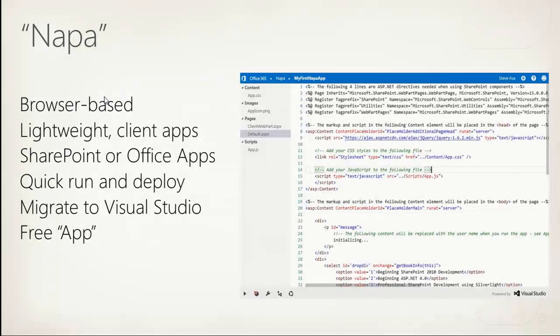Now the nice thing is, you can't really see it here, I'll show you when we run through it, not only can you build this in the context of this Napa app in the browser, but you can zip it open and then use it inside of Visual Studio. So on the one hand, you have this rapid application development tool that's in the browser, and it's basically an app that's hosted on Azure, which is kind of cool.